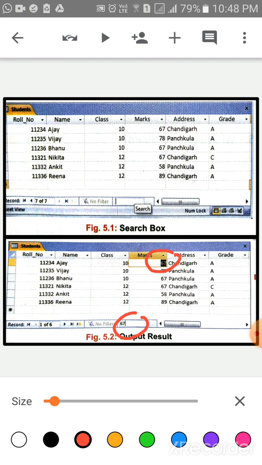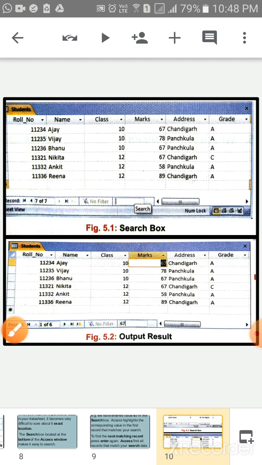After that, it will find the next matching record when you press enter. If you press enter again, it will search the next record and highlight it. First this will highlight and then this will highlight. Then press enter again, and it will find the third matching record. This Nikita is the third one. Access finds all the records that match your search data. Understood?